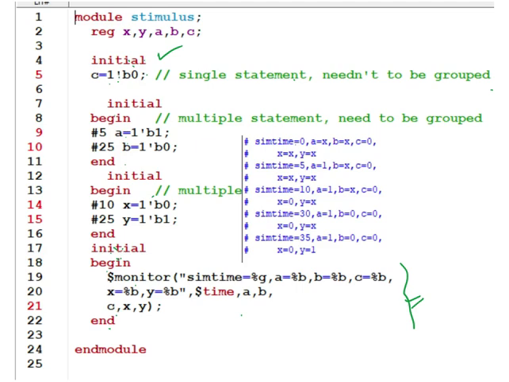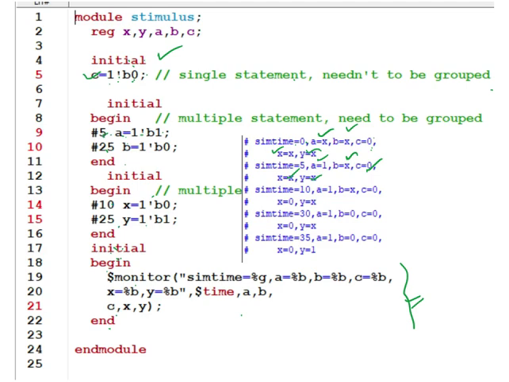At the 0 time step, sim time equal to 0, a is not changing; a changes after 5 nanoseconds. So a is an unknown value, b is an unknown value, and c is 0, because at 0 nanosecond c got 0. x is an unknown value, y is an unknown value, because they are not changing at all. After 5 nanoseconds, c will be 0, a equal to 1, but b is not changing; b will change after 25 nanoseconds. So b will be unknown, x and y are unknown, because x and y change after 10 and 25 nanoseconds.